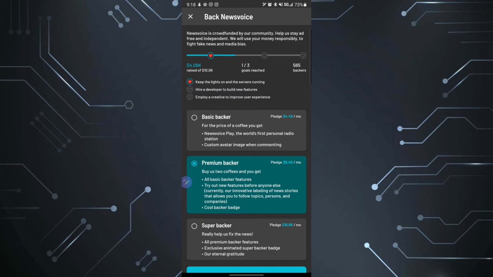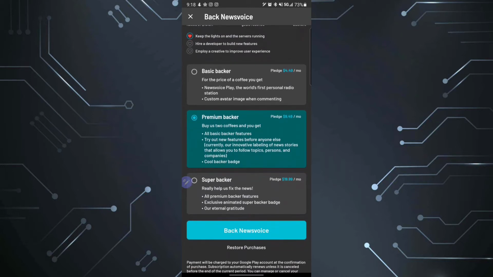Currently, they're offering a basic backer at $4.49, and that allows you to have the Newsvoice Play, which is the world's first personal radio station, and a custom avatar image when commenting. The premium backer is $9.49 a month. It's all basic backer features, plus you get to try out new features before anyone else, and you get a